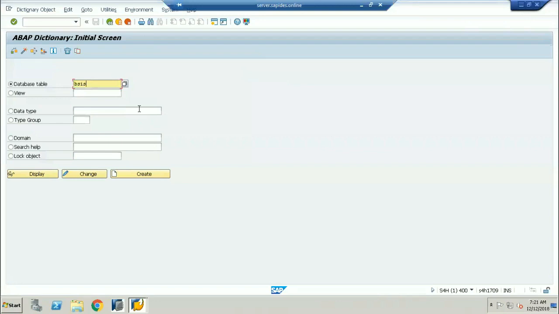Now, after moving to SAP S/4HANA, this table is no more available as before. This table is available, but only for read access. You cannot modify, delete, or change the data in the table. You can only read the data. So this table's technical properties have been removed now. If I click on display,